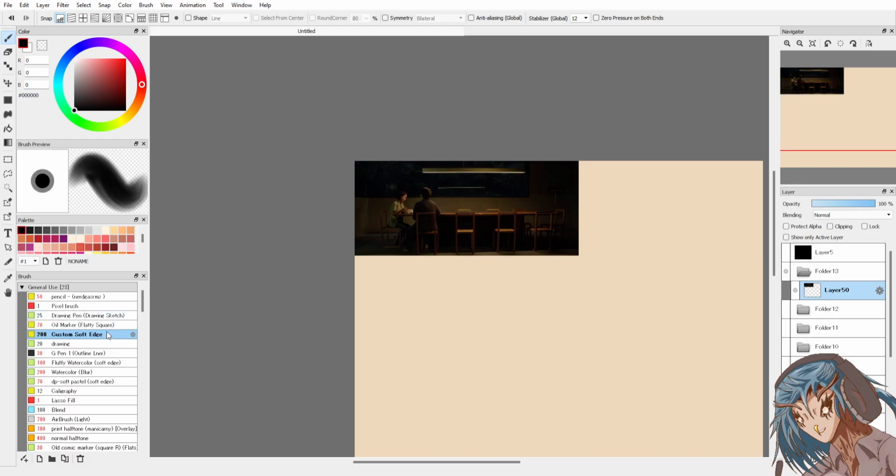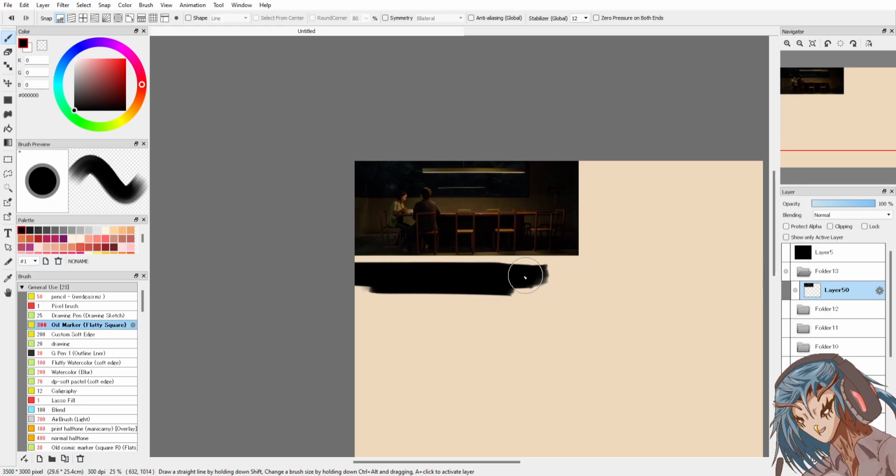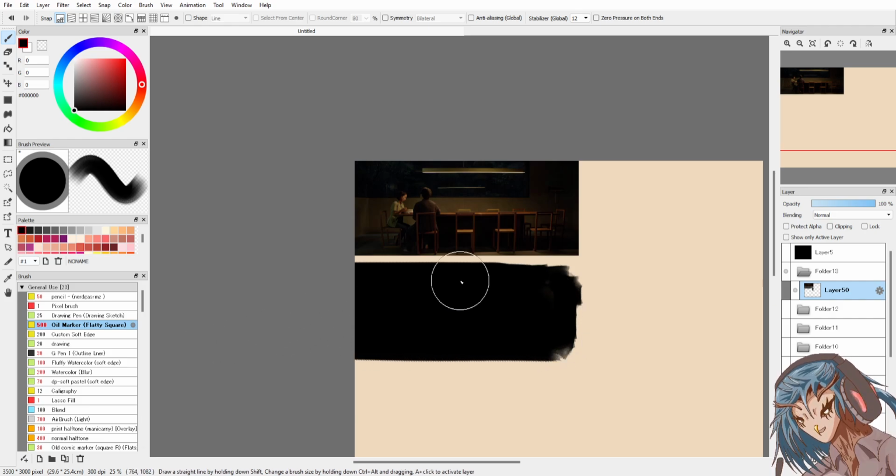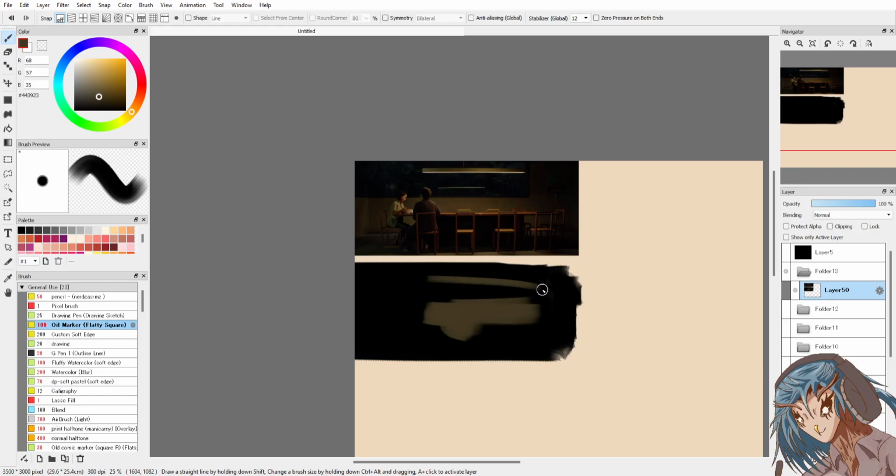Wide angle. It denotes scene change. Story beat change, maybe. Bigger brush. Low key lighting. I see orange, I see dark orange. I see a band.